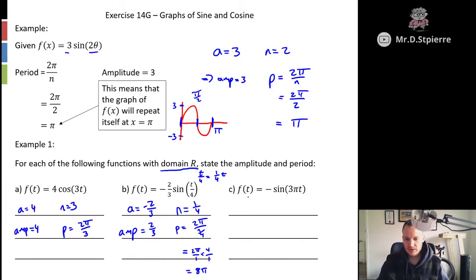For part C, f of t equals negative sine 3 pi t. So A is equal to negative 1, n is equal to 3 pi. So we get our amplitude again is equal to just 1, doesn't have a sign. And then our period is equal to 2 pi on 3 pi, so it's equal to 2/3. So it actually takes 2/3, or we could say